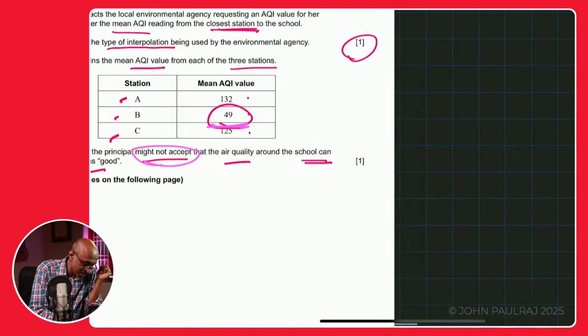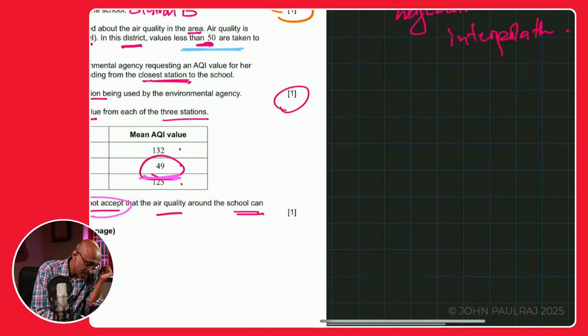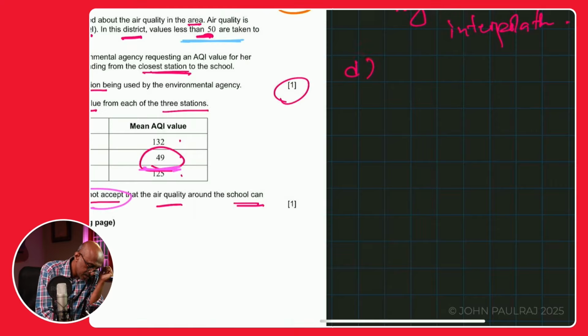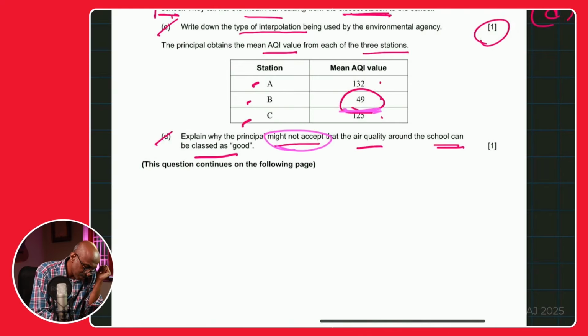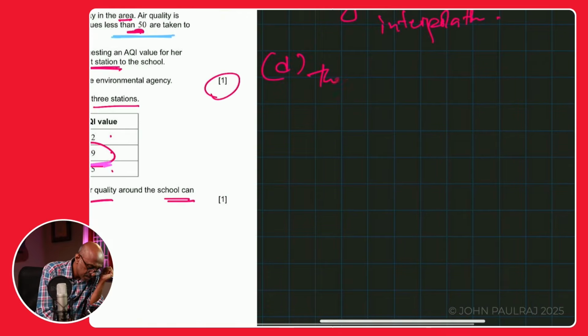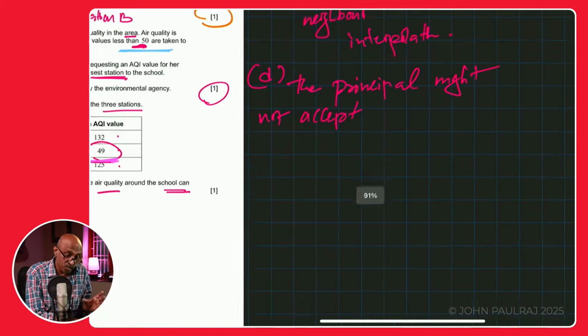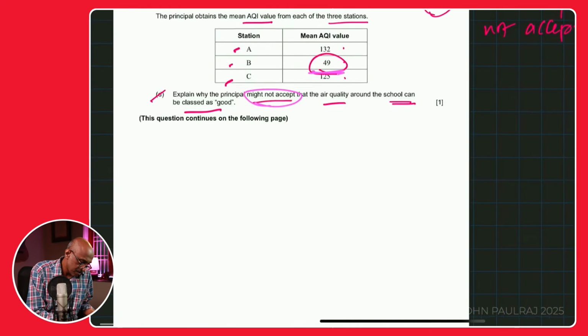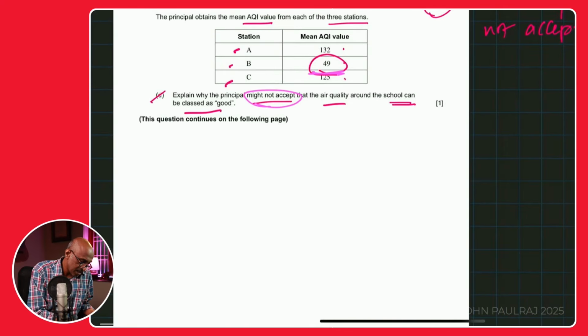So how are we going to phrase this answer? It's just 1 point. Let's write it in the context. Explain why the principal might not accept that the air quality around a school can be classified as green. The principal might not accept. This is using the vocabulary of the question. As far as possible, try to answer in the context, the language and the words of the question. Not accept that the air quality around the school can be classified,